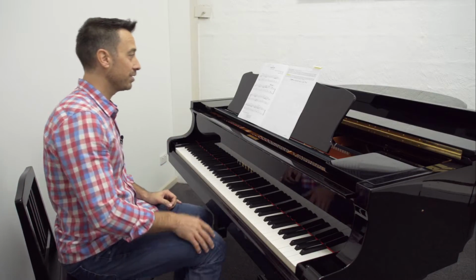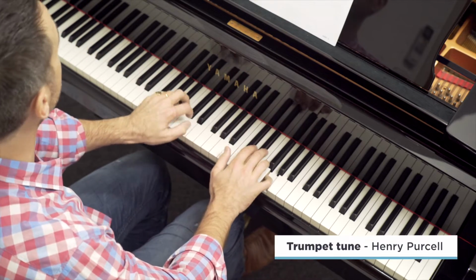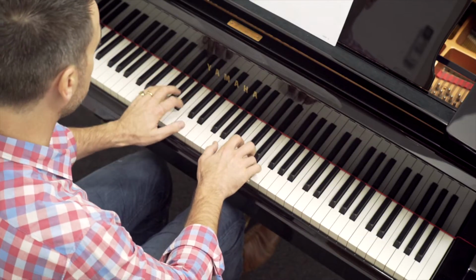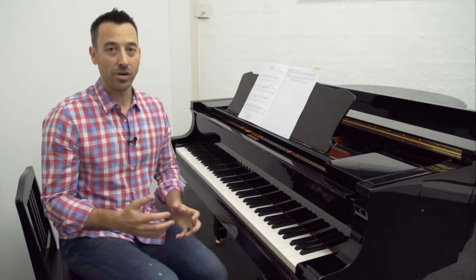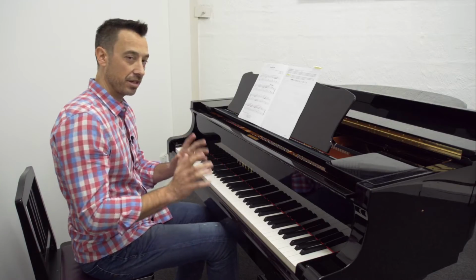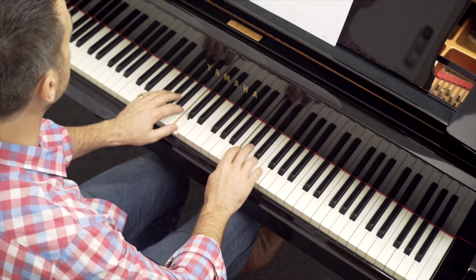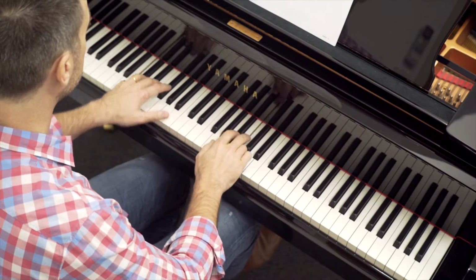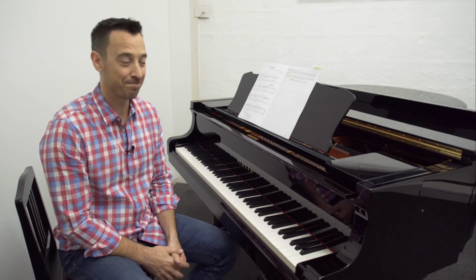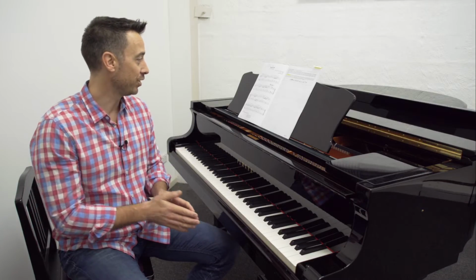Number 3 is Trumpet Tune, the Purcell tune, one of my favourites when I was learning piano. And one of the things to watch out for here is that students aren't playing it like this. Have a think and see if you can work out what's wrong with this. Were you able to pick it up? Well, what was wrong is I was swinging the quavers instead of playing what's written, which for these